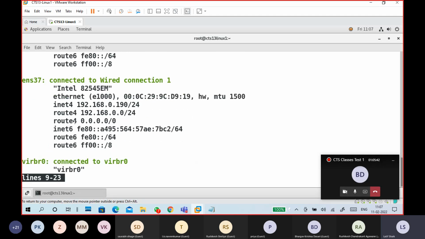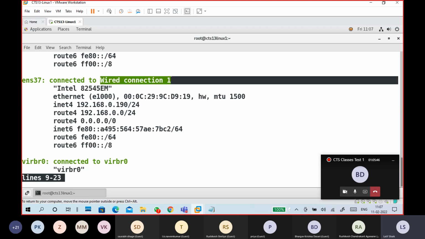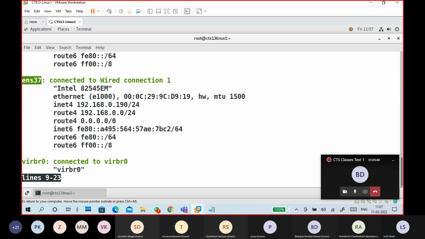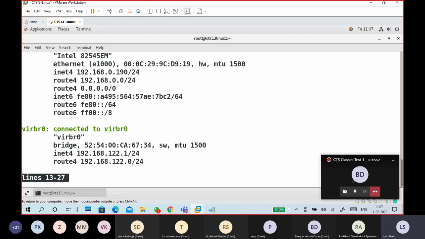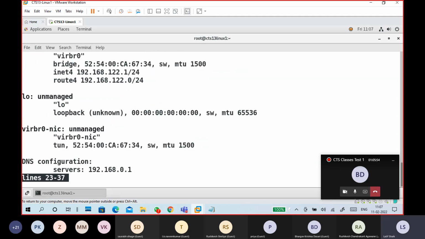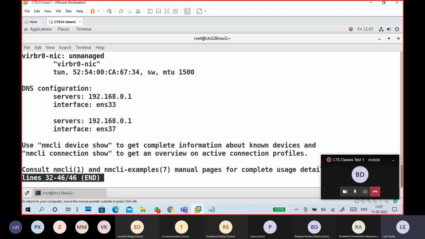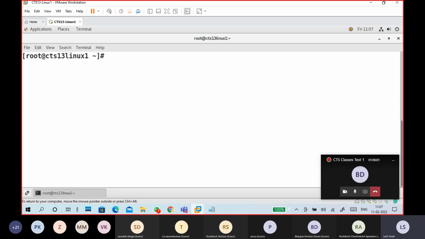This is the IP address I gave statically. So remember this name, guys, and as well as this name. DNS configuration, server configuration completed. So what is the command I last used? NMCLI. There it is showing exactly the name inside of our system.